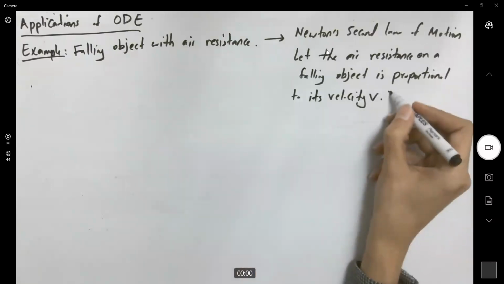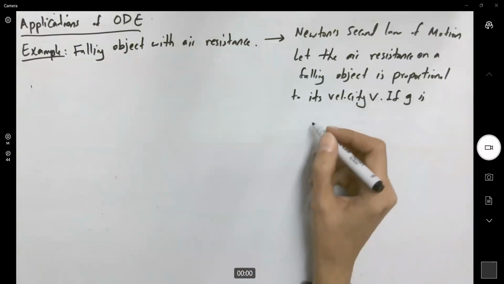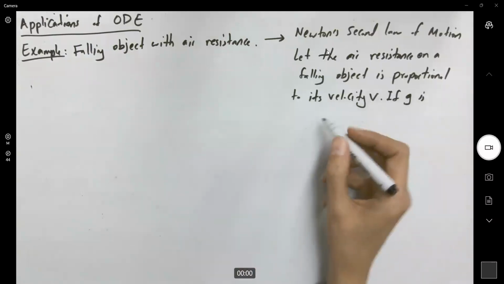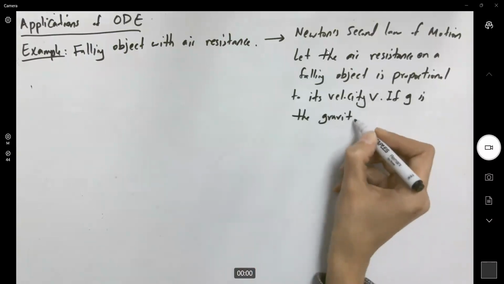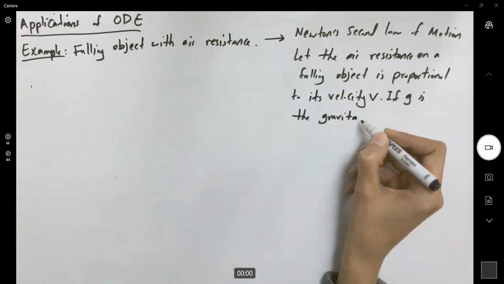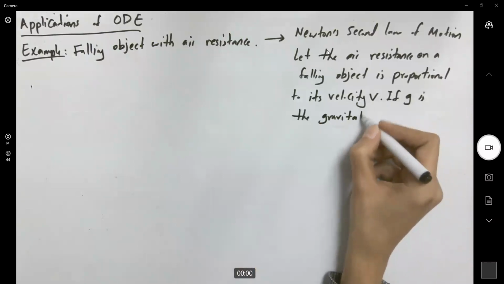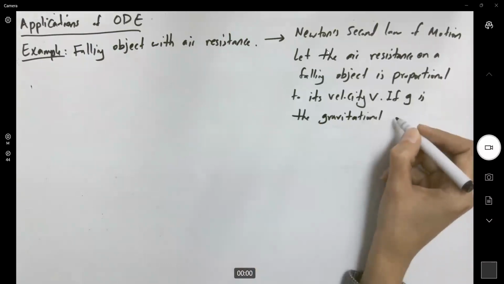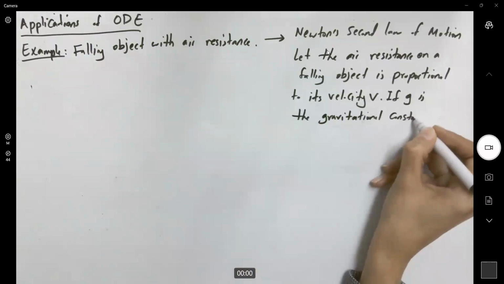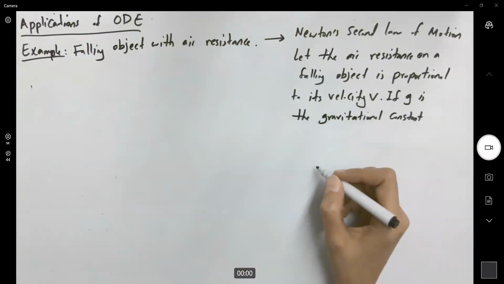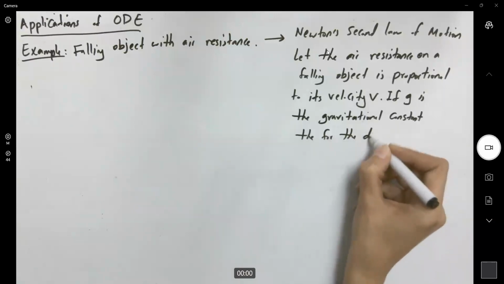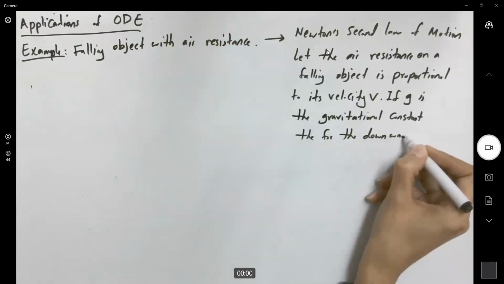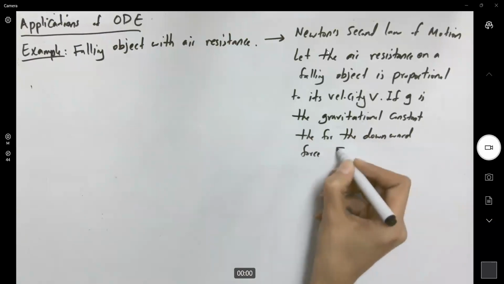If g is the gravitational constant, then for the downward force, let us denote it by F,